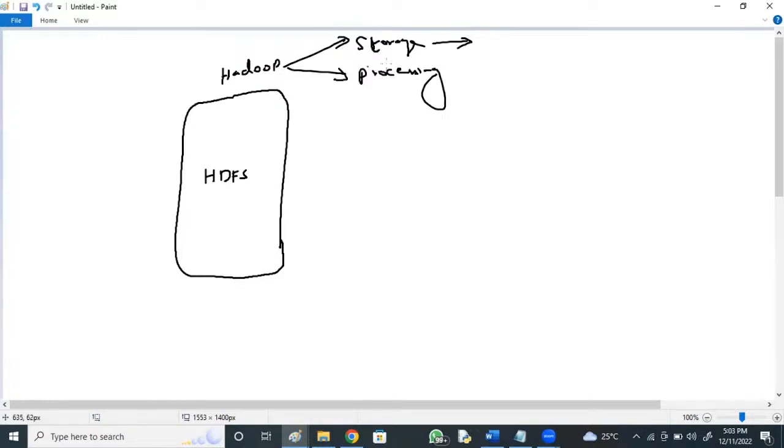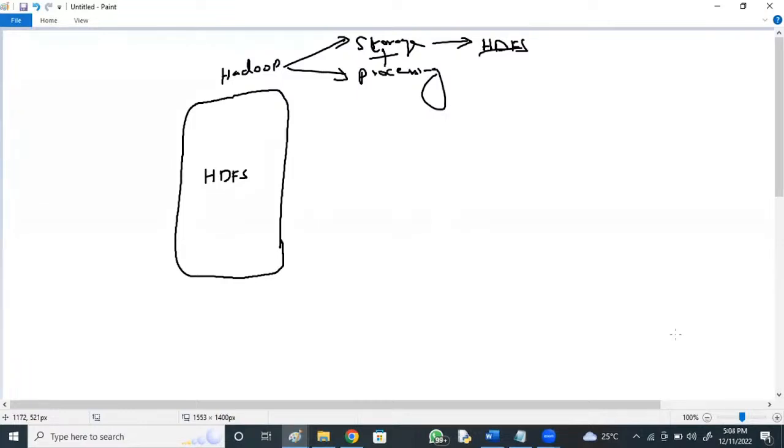Despite all this, Hadoop goes with a file system called Hadoop Distributed File System. For storage we go for HDFS, not any database.